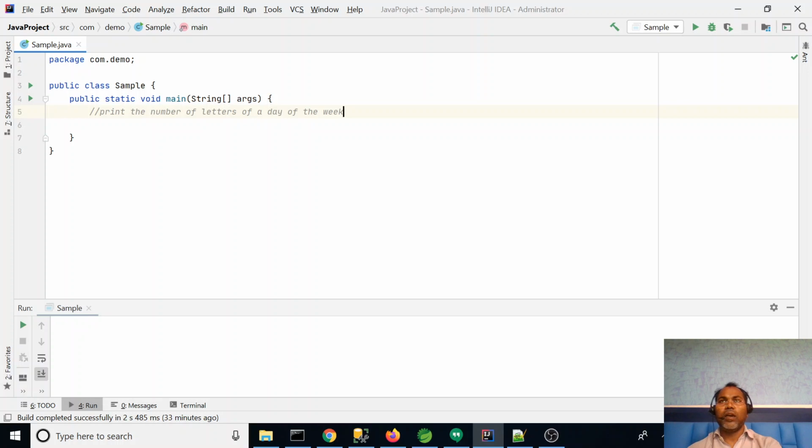Each day has a number of letters. Monday has 6 letters, Tuesday 7. First I'm going to write one method which calculates the number of letters using a switch statement. Then I'm writing another method that returns the number of letters as a switch expression, and then we have to check the differences in syntax and semantics.